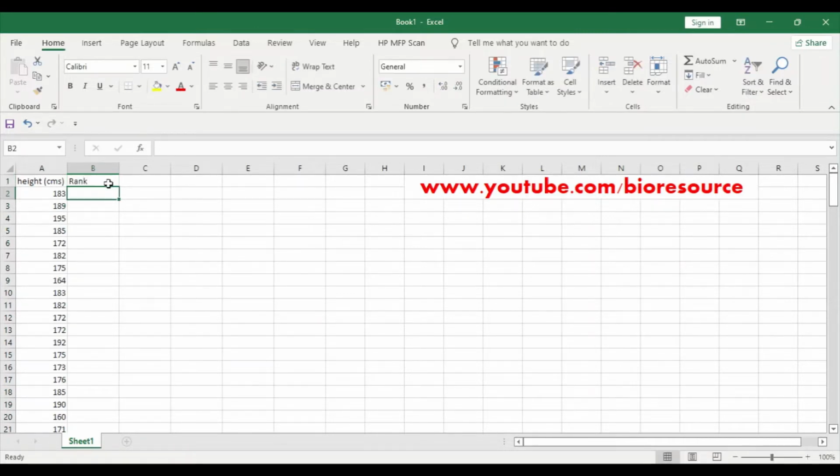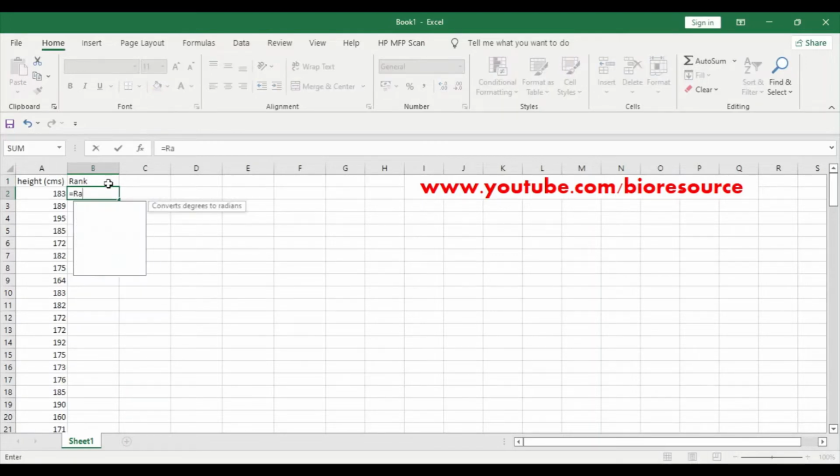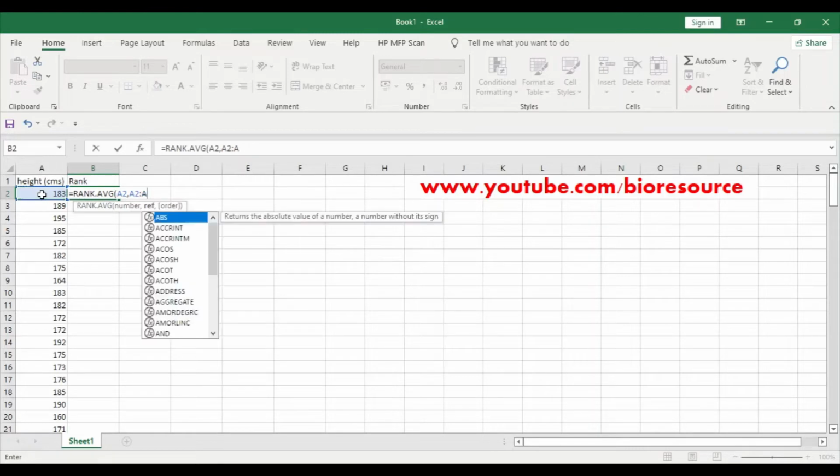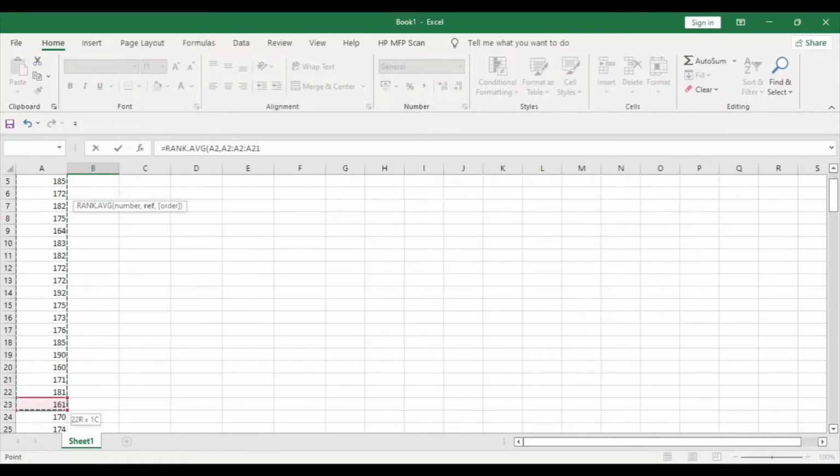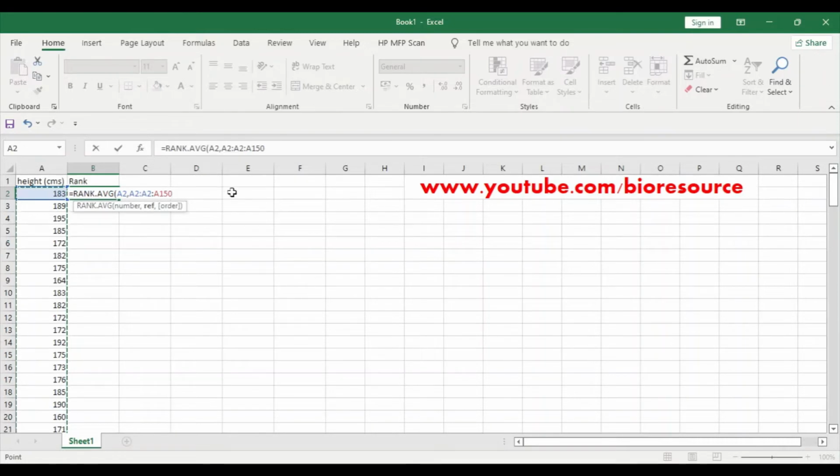For calculating the rank, we can use the function RANK.AVG and select the first row of column A, followed by the whole data set, that is A2 to A150. We have to select till the end, and this is basically ranking the data, followed by the order, which should be ascending.